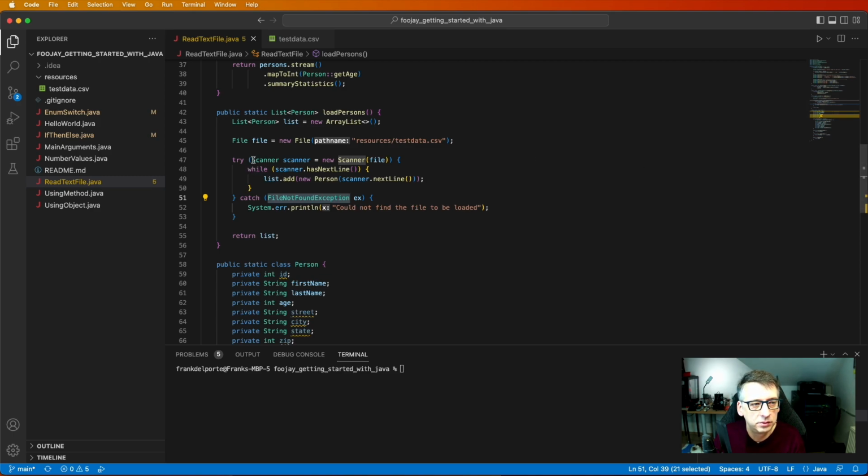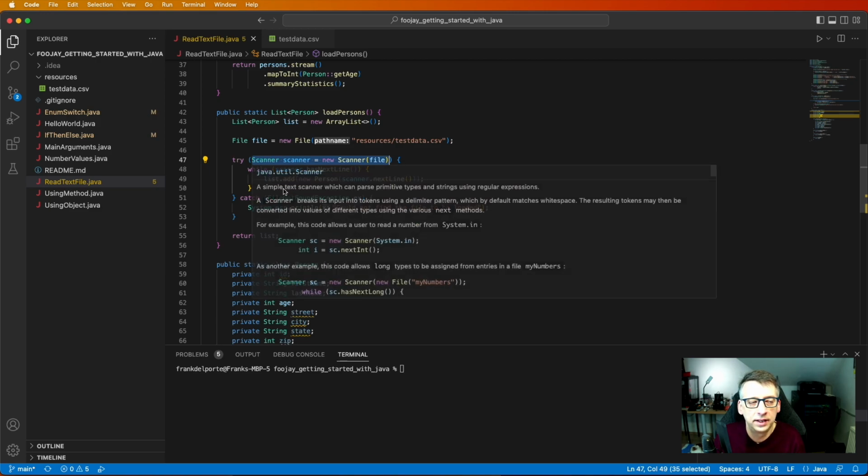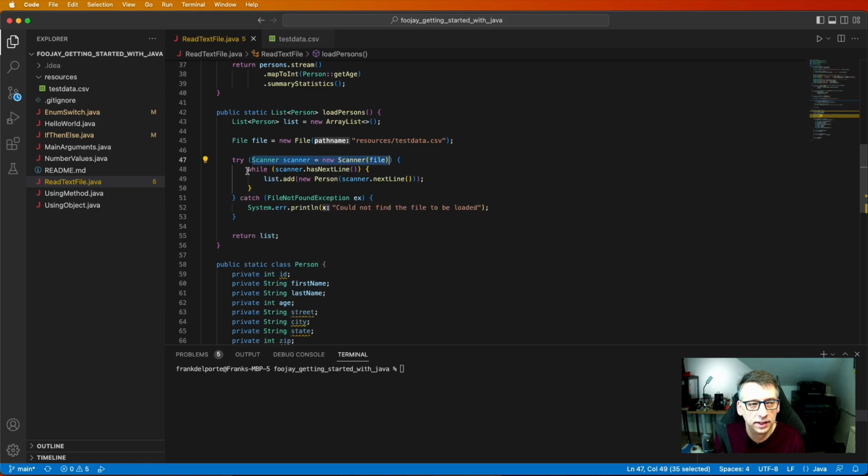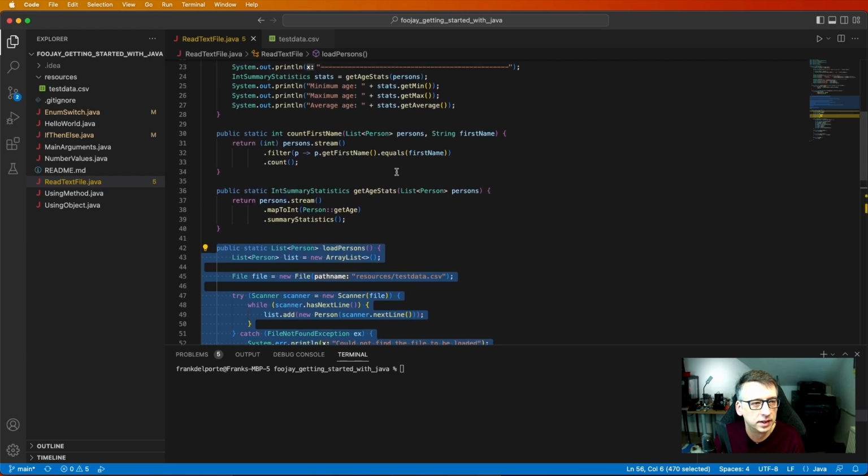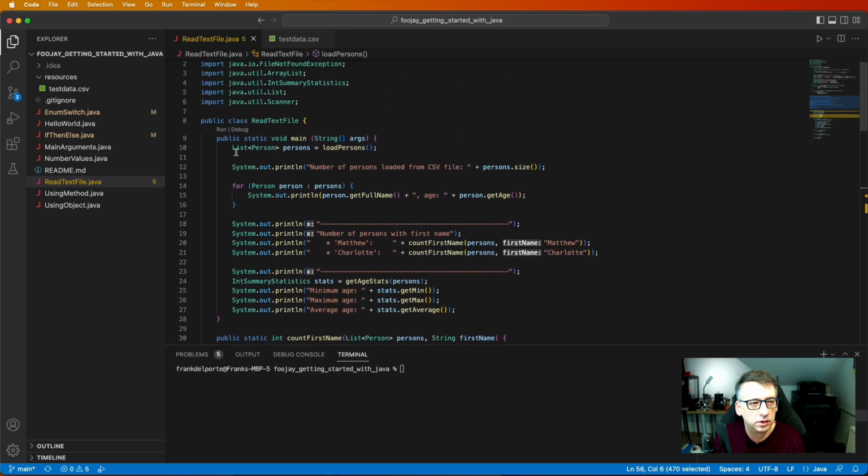And a Scanner will help us to read through a text file line by line. That's exactly what we're doing here. So this try will open the text file, and at the end, it will also close it again. And so while the scanner has a next line, we know that there's something in there, and we can add a person to our list by using that line. And that's how we go through this whole list of persons. So all this is happening here